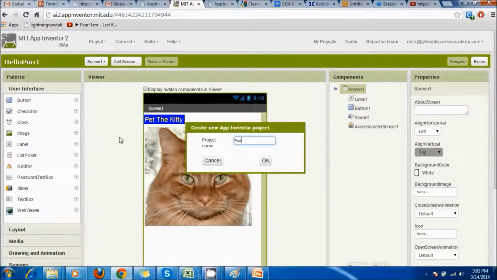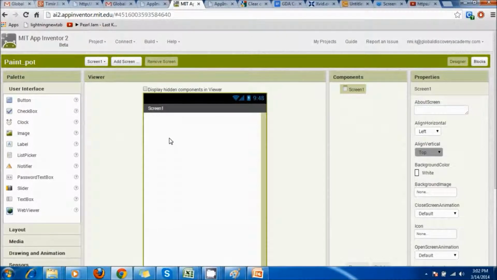I'm going to call it PaintPot. So there we go, we have created a new project. Here we're going to introduce the concept of a canvas, which is going to be used to create simple two-dimensional graphics. What a PaintPot app is going to do is allow the user to draw in different colors and different shapes on a picture which he's going to upload of his own, or he's also going to be taking a picture of himself or anyone else and painting on that. So a lot of comical stuff can come out of this.